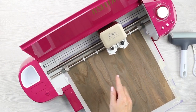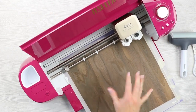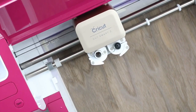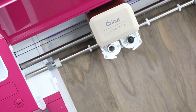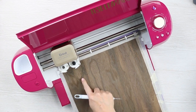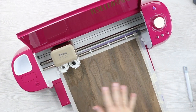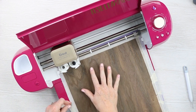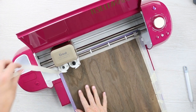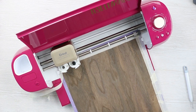Now this will do several passes, but once it's done, we'll take a look at our finished piece. Alright, so once your machine is done cutting, I do recommend making sure this is cut all the way through. Any kind of thick material I usually check before I remove it from the machine. So while it's still in the machine, I can actually hit this C button again, and it will cut again. So if it just needs like one more pass or something, that's the way to go ahead and get it